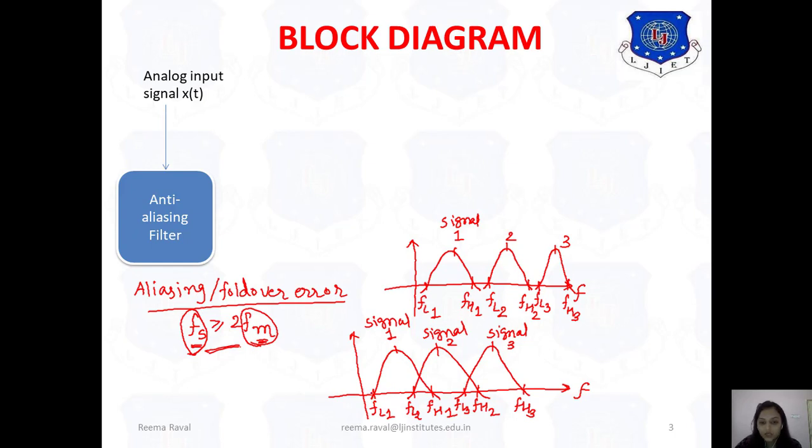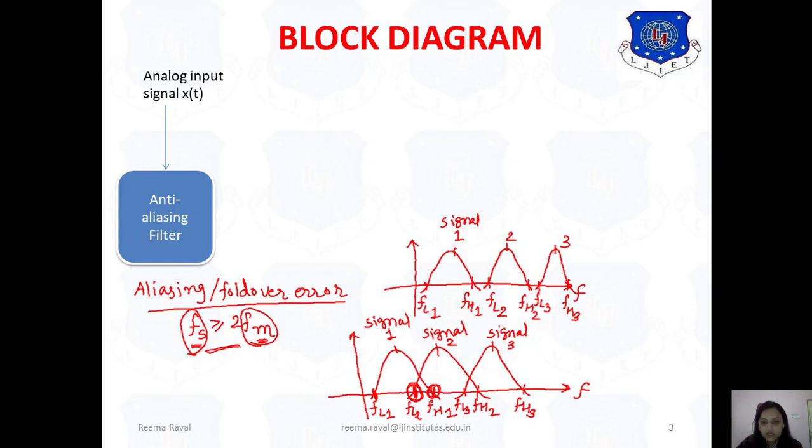So how will it be stored? This will be considered as the low frequency value for signal 1, and the very next frequency that comes over here will be stored as the high frequency of signal number 1. That means the receiver will understand that this next frequency is the high frequency value for signal number 1. But actually it is not the case. This is the low frequency value for signal number 2. So this error occurs, which is called the aliasing effect, where the lower frequency component takes the identity of the high frequency component.